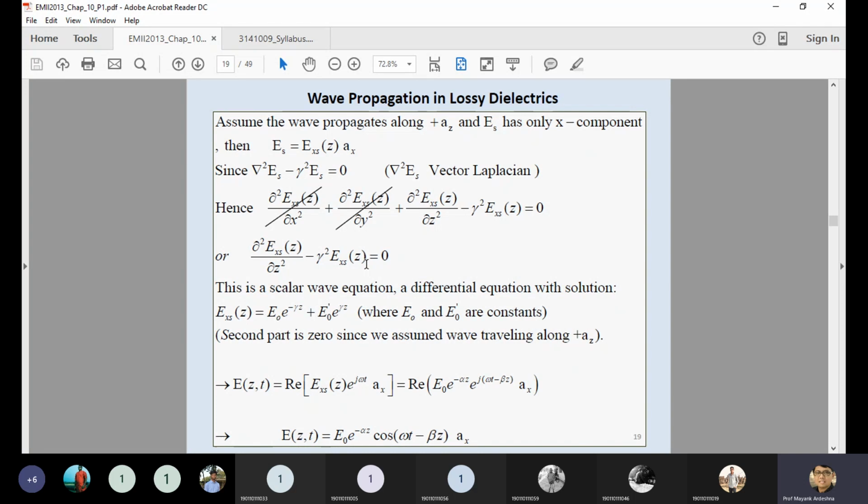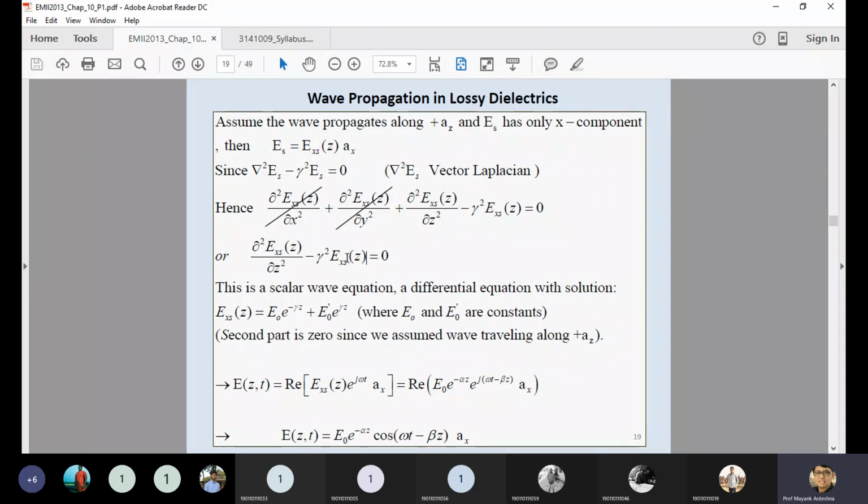Okay. Now you can see E, which is mentioned with a Z. Z is what? It's the space in which direction your signal is moving. It is moving in a positive Z direction or in a negative Z direction. But right now we don't know exactly the direction of the electrical field which is present in the Z direction.